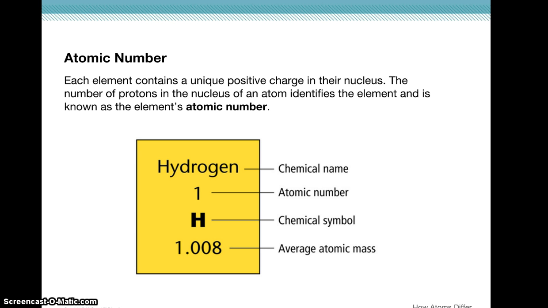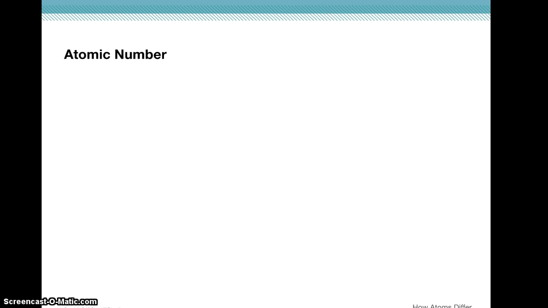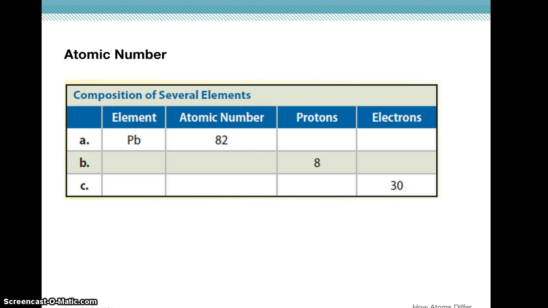So any atom that only has one proton in the nucleus is a hydrogen atom. That's what defines it as hydrogen. All right, so let's take a look at some examples. You're going to need your periodic table, so if you don't have it out, pause, go get your periodic table and bring it back. So if we look at the element lead, Pb, find it on your periodic table, it's number 82. If its atomic number is 82,